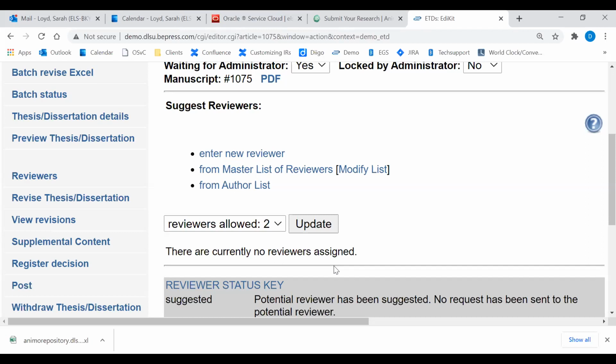So even though you might all be ETD coordinators, you might want to send it to an individual coordinator to say, hey, I need you to review this. Even though it was supposed to be the completed submission, it's not quite right. So go ahead and do that now. And you do that by entering a new reviewer. If you have a master list, I can help you add that, but in this case, I'm just going to add a new